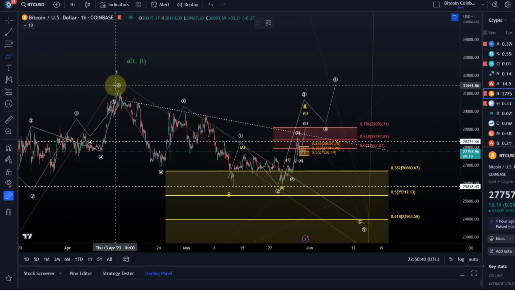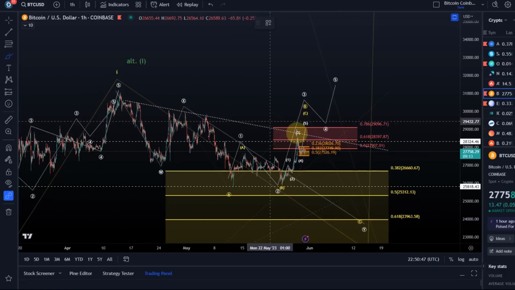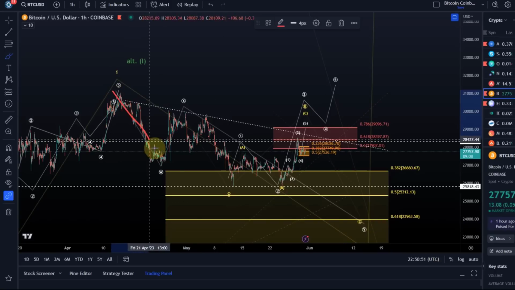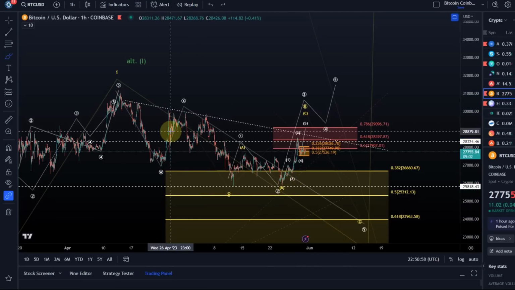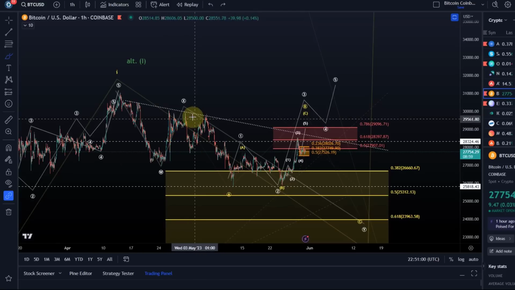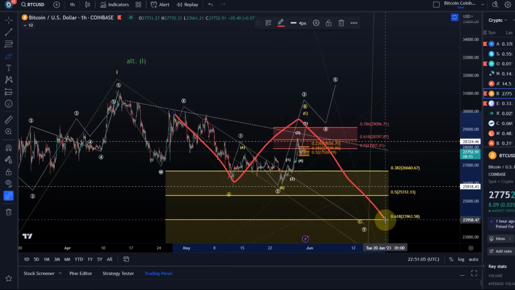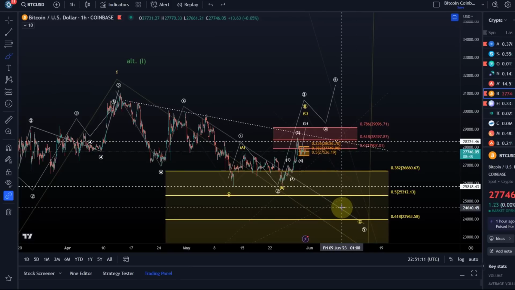So in the short-term bearish one, we are still in this wave 2 correction. So we topped in a wave 1 in April. We are still in the wave 2. And in the wave 2, we're looking at a WXY structure. And basically, we're now in this Y wave. And in the Y wave, we are dealing with an A wave, a B wave, and a C wave. And we are now in the B wave.